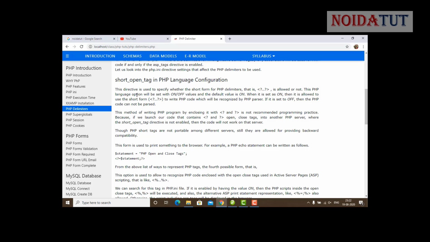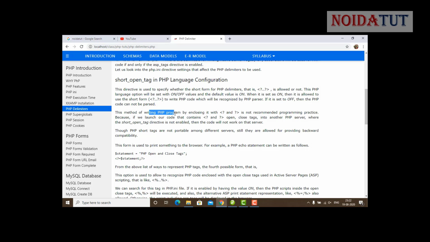This PHP language option can be set with on and off values and the default value is on. When it is set to on, then it is allowed to use the short form to write the PHP code, which will be recognized by the PHP parser. If it is set to off, then the PHP code cannot be parsed.